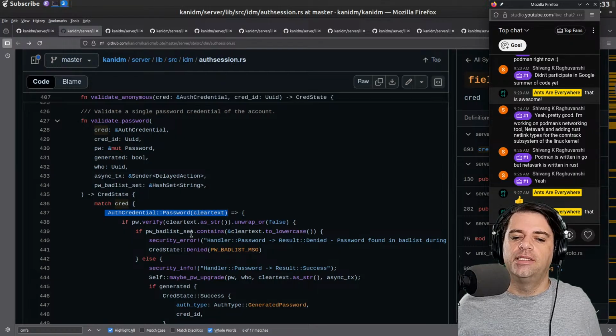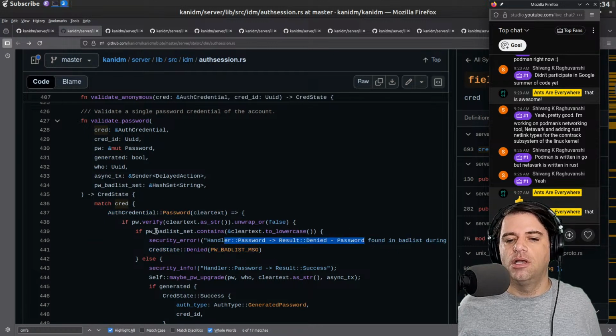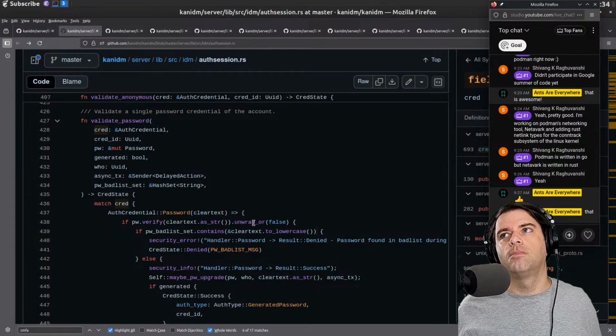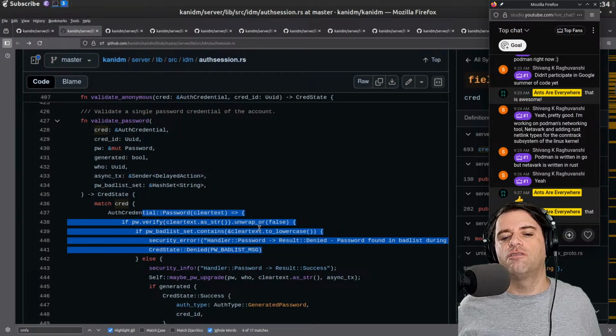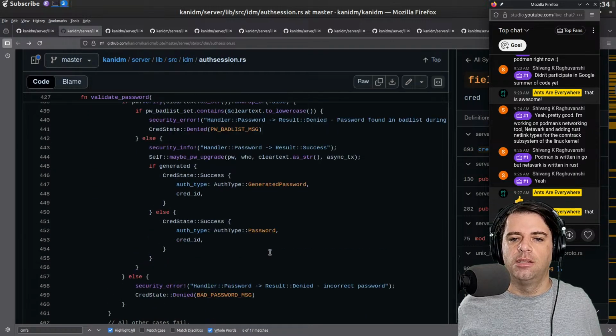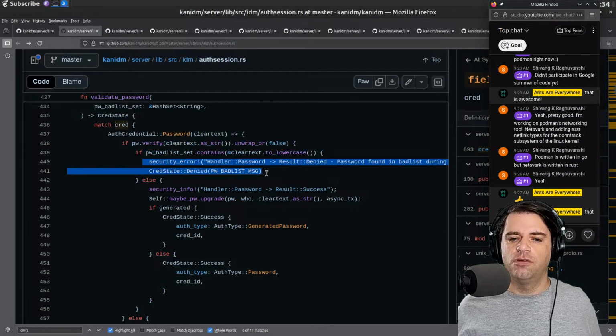And if the password bad list contains the password, like maybe if password is password123, then we'll say the password is found on the bad list. I don't know what this is for, but this seems like validate password. I don't know if this is called when you're trying to create a password and therefore it's saying your password is too bad, or if this is like a revoked password, in which case it seems like you would just change the password on the back end as opposed to having a list of bad passwords. So I assume it's the first thing, a list of passwords that are not secure or something.